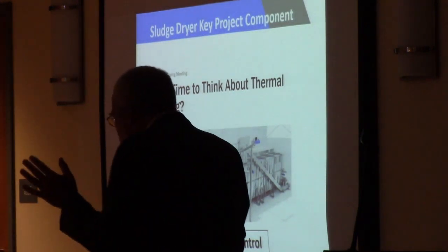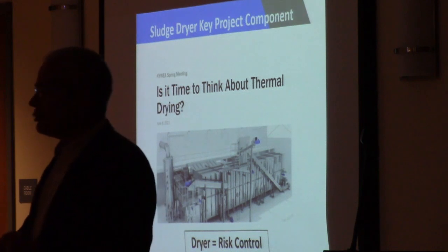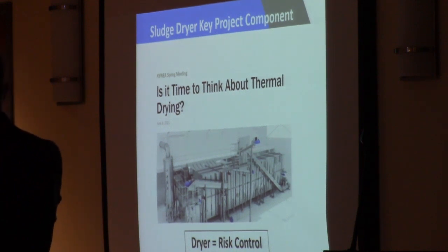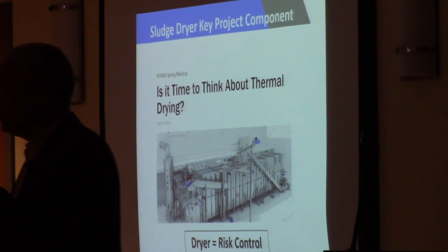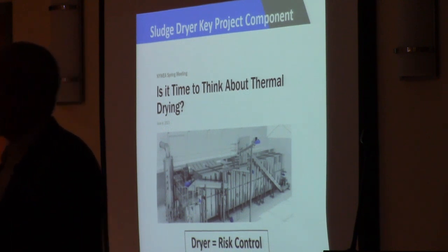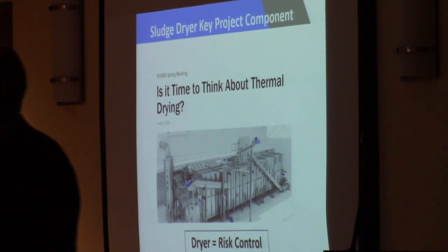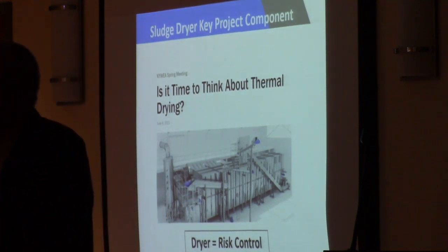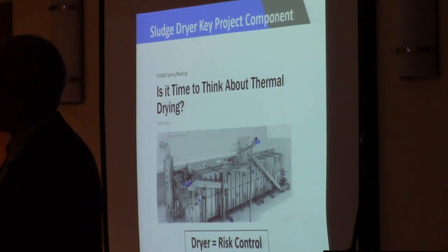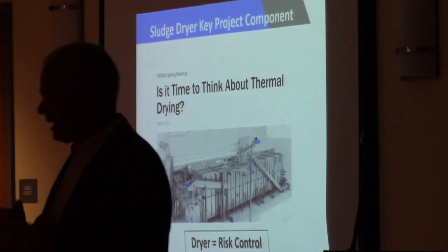So one of the keys to this Worth project, and one of the drivers was discussions with staff, was drying sludge. When you see sludge come and it gets in that truck, it's hard to imagine. It's 75% water. You would think it's a lot more solids, but lab tests will say it's 75% water, 25% solids. A sludge dryer is an evaporator. It's not burning the sludge, it's just evaporating the moisture out. And if you can evaporate most of the water out and mostly leave the residue, then what you're sending to a landfill is